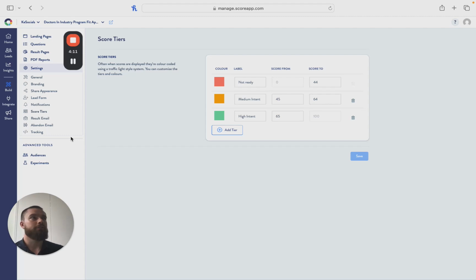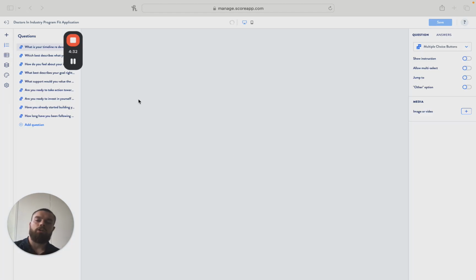So if I have two audiences, and an audience is basically I want to get these people on a call, and the other audience is I don't want to get them on a call, you need to set up your score tiers in a way where only people who score over a certain amount get access to see a call, and those who aren't able to do so. How you do that is on your